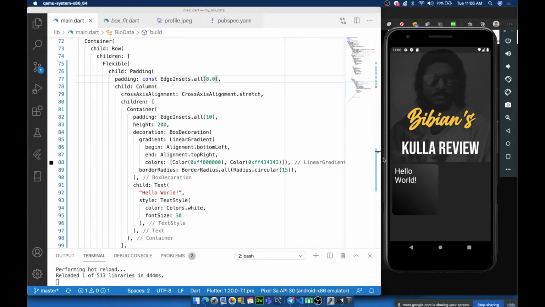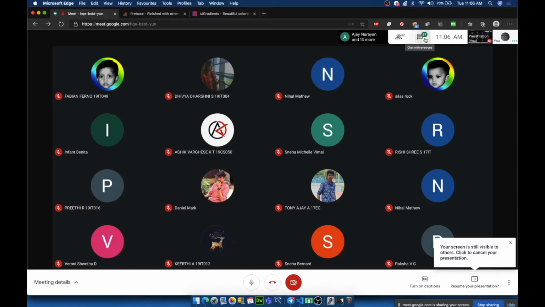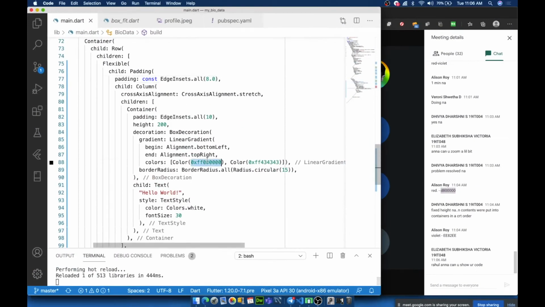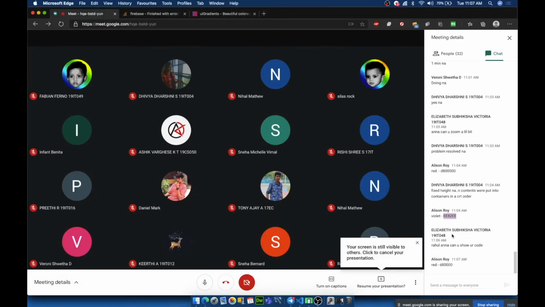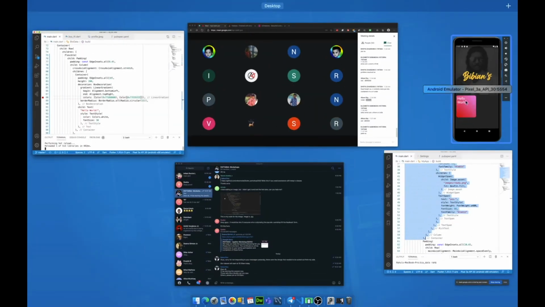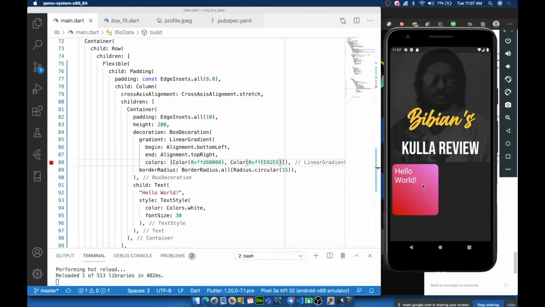So Ashik has sent me the hex codes. I'm sorry, Allison. Allison, you have sent me 7 digits stuff. 1, 2, 3, 4, 5, 6, 7. These are like 7 digits. Yes, Subiksha, I'll do that now. Can you see the code now? Or do you want me to zoom in a bit? Okay, going with your colors. This seems like too bright. Maybe we should go for a bit duller colors.